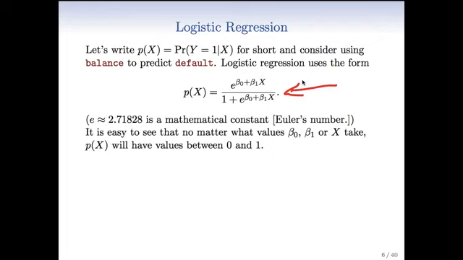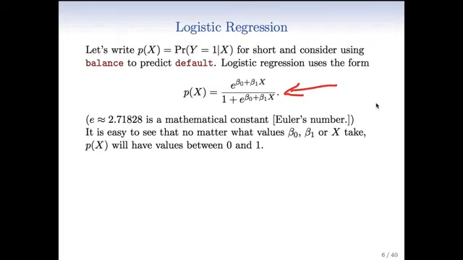So here's the form of logistic regression. That e is the scientific constant, the exponential value, and we raise e to the power of a linear model. We've got a beta 0, which is the intercept, and beta 1 is the coefficient of x. And you see that appears in the numerator and in the denominator, but there's a 1 plus in the denominator. So it's a somewhat complicated expression, but you can